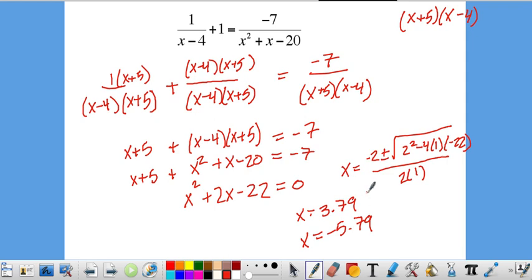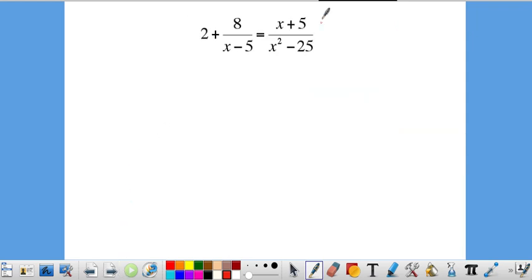So the answers are not always pretty. Sometimes you get fractions, sometimes they're irrational like these. We'll do one more. So for this one, you have 2 plus 8 over x minus 5 equals x plus 5 over x squared minus 25. Now what you might notice is something's kind of jumping out at you here because if we factor